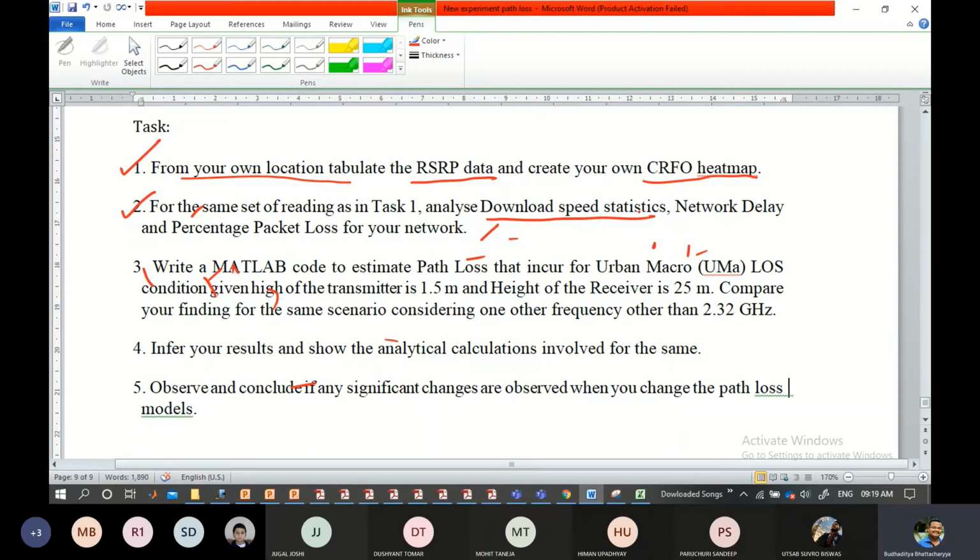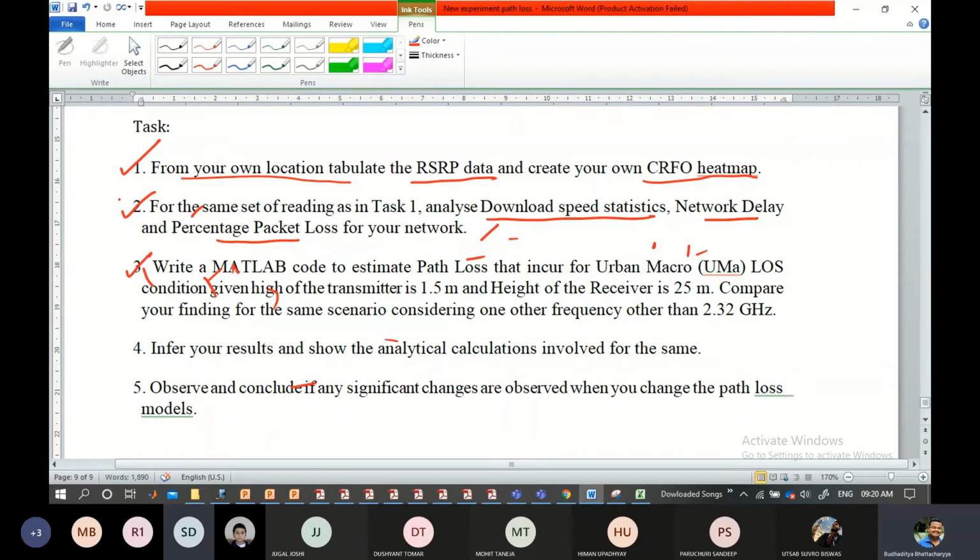You can keep a separate table where you put the download speed one by one. Network delay and packet plot also come from the MySpeed app. You can tabulate it and have a plot of the same tabulation, referring to it in a graphical manner so that it looks nice as an illustration. So you can get a wide range of statistics, like how the download speed varies. It's a profiling. We call this power profiling. So that we can do. Now see the third one. Any doubt with the second one?